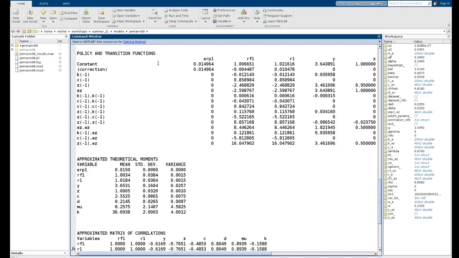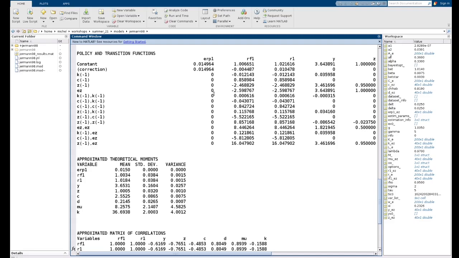Now, the constant is the sum of the steady state and of the correction. So of course, the expected risk premium's constant is made only from the effect of future uncertainty. It's not the case for the other variables.